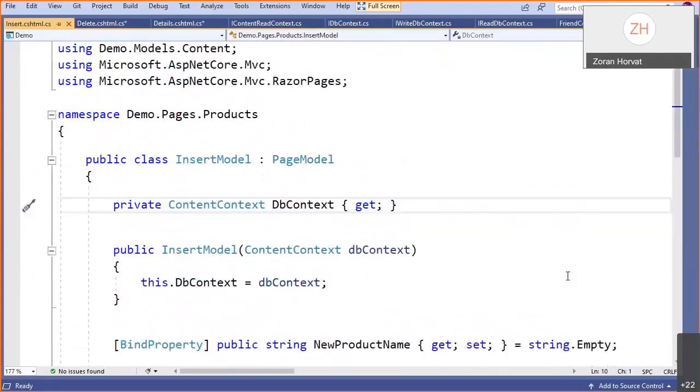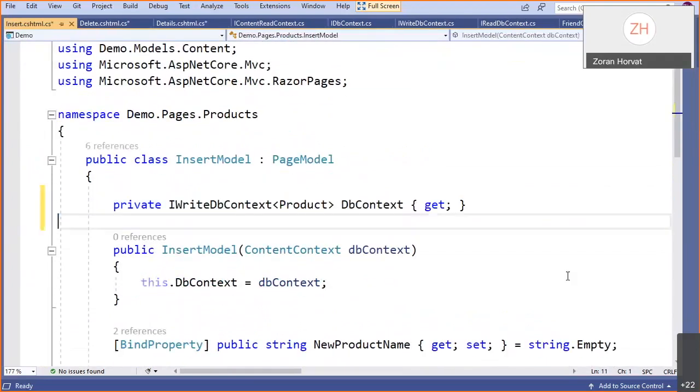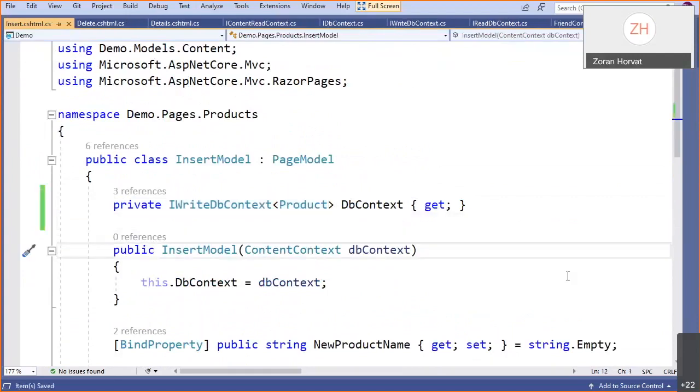But for instance, the insert model, the page which is inserting new items, only needs to write. It reads nothing in this application. Of course, this part of the application, the pages, is 100% custom. That is where I'm implementing application requirements. That side of the application where I defined these interfaces is